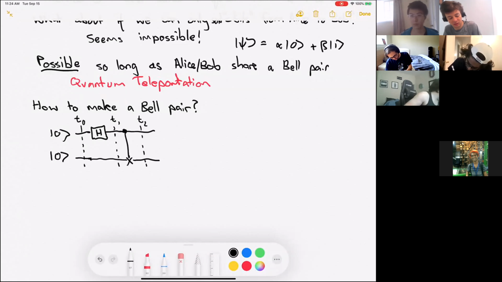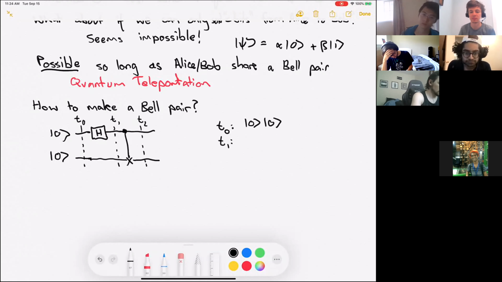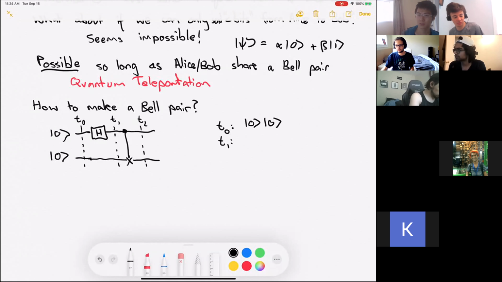Okay, so at time t0, the state is just 0, 0. That's what I told you, the initial step. What about at time t1, after we apply a Hadamard? Someone can tell me? What does the Hadamard do to the 0 state? Yep. Plus. Yep, awesome. Hadamard switches the plus/minus basis with the 0, 1 basis. It's going to create the state plus, 0. Or equivalently, just to write this out very explicitly,